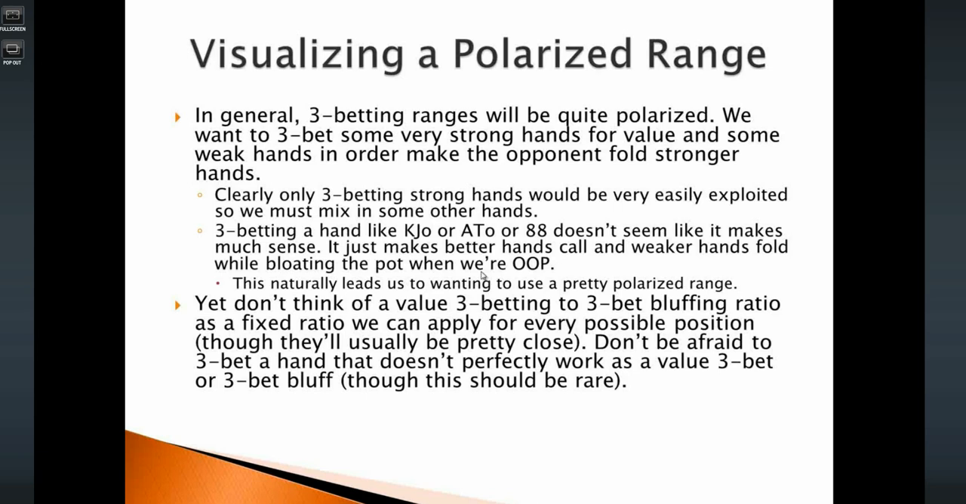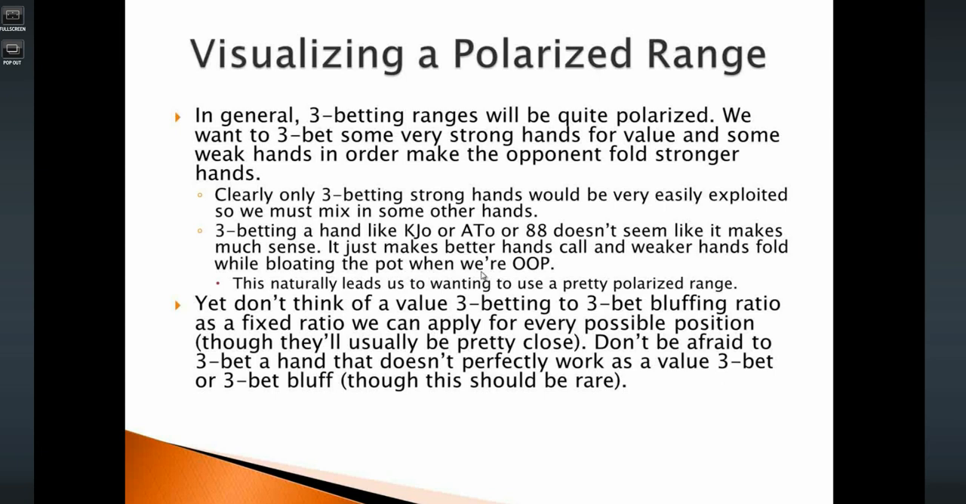In reality, there are some hands that work as super, super clear value 3-bets, like pocket kings or pocket aces preflop. And there are other hands that are a little bit closer. King-queen isn't nearly as strong. Even if it is still a value 3-bet, it's not nearly as strong of a value 3-bet as an overpair. So you don't want to think there's this ratio of value 3-bets to 3-bet bluffs you always need to have. Though in general, if your ratio is not something reasonable, like around 3-2 or 1-1, you're usually going to have